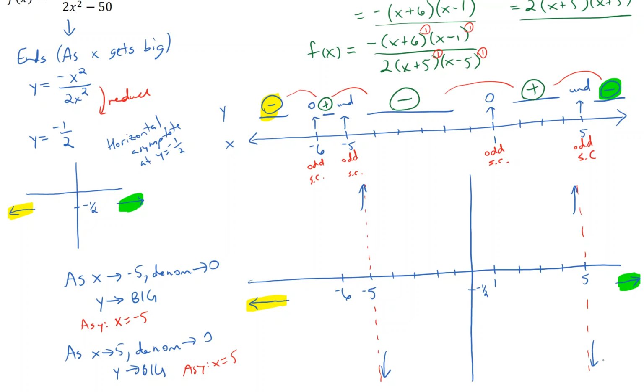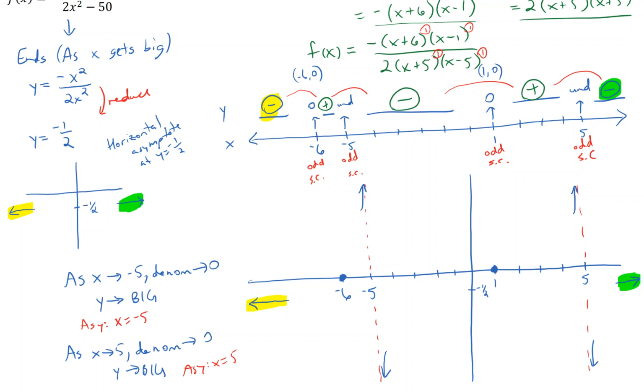Okay? Now, the rest of the hard parts of the graph are done, the ends and the asymptotes. The rest of it should be pretty simple. When x is negative 6, we get a y value of 0. That's an ordered pair of negative 6, 0. That's just a point, very simple. And when x equals 1, y is also 0. So we get the ordered pair 1, 0, which is this point. Again, very simple. So now, all I have to do is go through